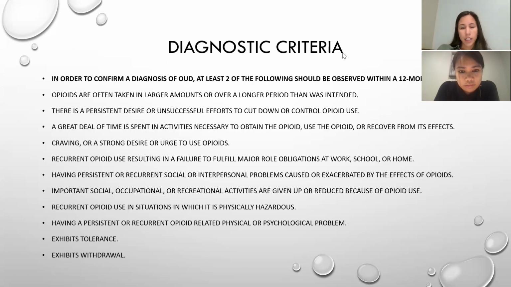So the exact diagnostic criteria, mostly people will know if they have this problem and they're coming because they really want help, but you need to have at least 2 of these for documentation. You're looking for if they're taking larger amounts or over longer periods than what was intended, if there's this persistent desire and they're unable to control it or cut back, if they spend a great deal of time trying to get opioids, they have cravings,